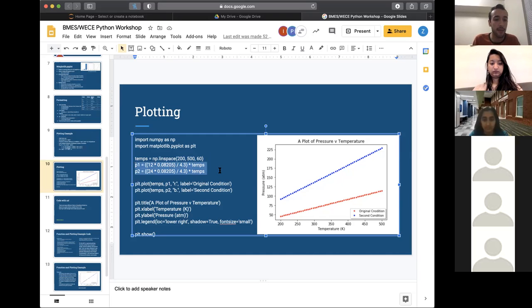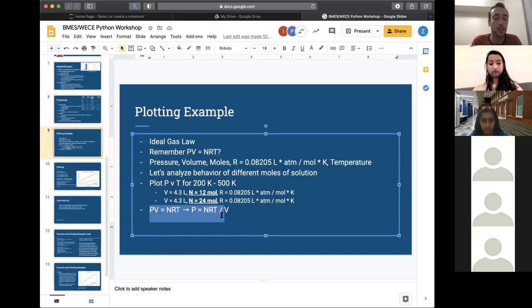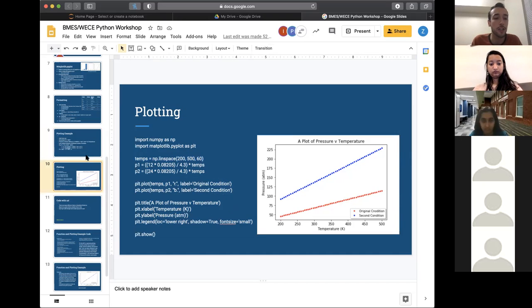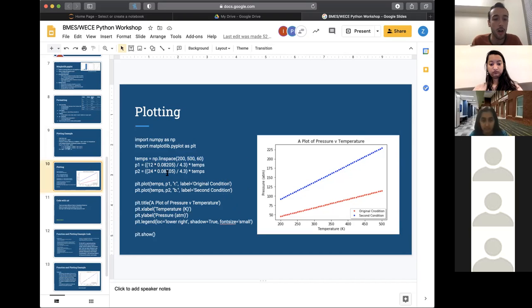So then right here we have our two equations that we're using. Our first one is using 12 moles. This is our R constant and this is our volume. It was just rearranged from the original equation, so pressure is equal to nRT divided by V. So we have nR divided by V and times our temperatures. This will do these calculations on each value in temps so that it creates a new array